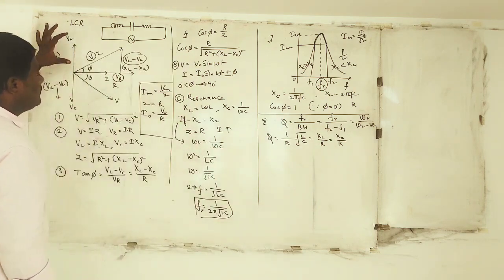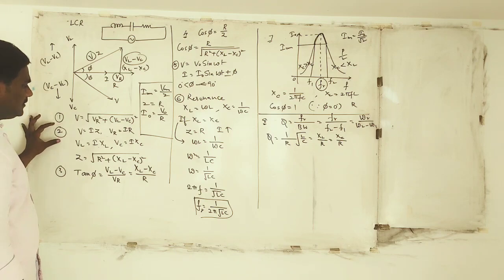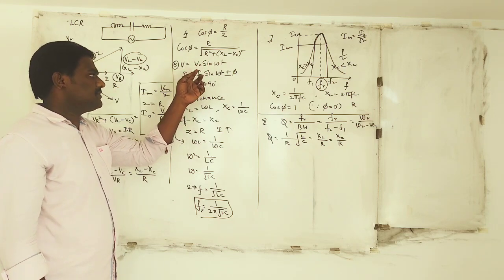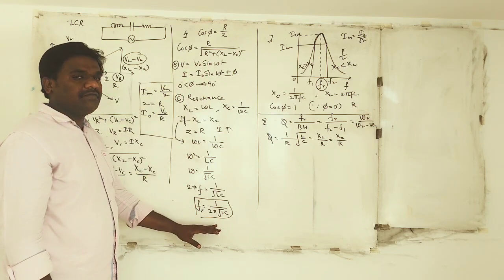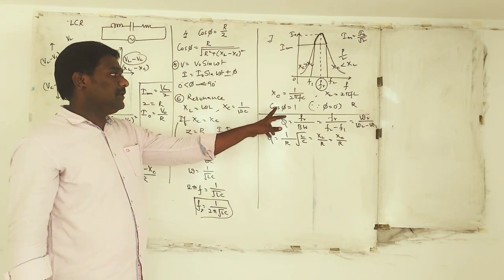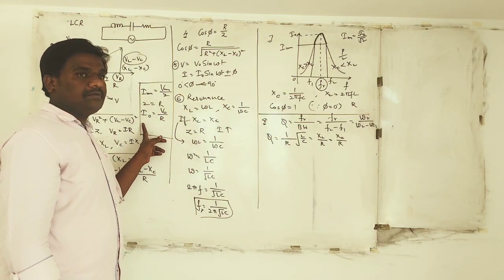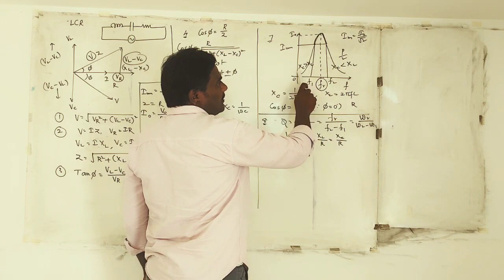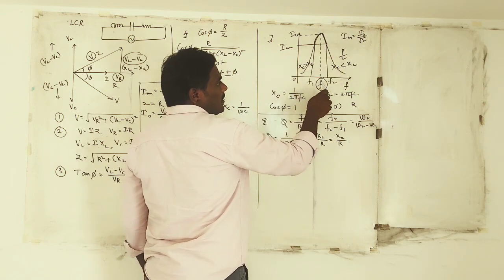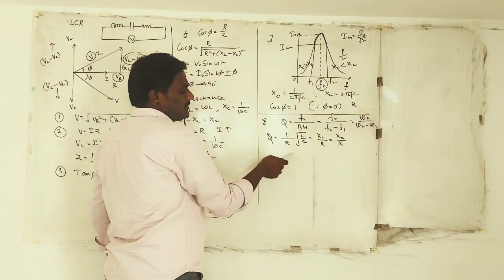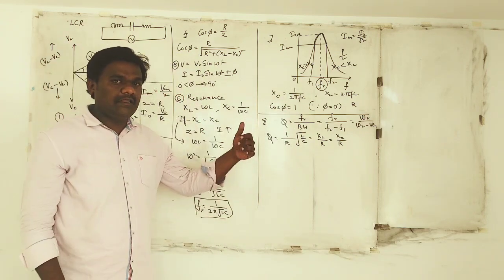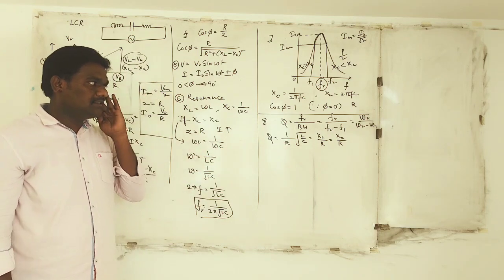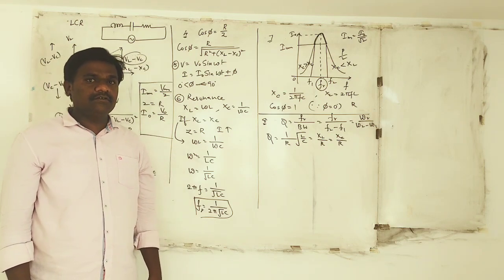Now, at a glance, I took the LCR series circuit and gave formulas for resultant voltage, impedance, phase angle, power factor, and instantaneous voltage and current expressions. I explained the meaning of the resonance condition, the expression for resonance, what happens at resonance, what its power factor value could be, and whether current becomes maximum or minimum. Then I went with the resonant curve and explained the nature of the curves before resonance, at resonance and after resonance, and what the half power frequencies are. Then I went with the concept called Q factor, and based on the formulas, if they give the data, please start solving the questions. Now based on this, let us start solving the questions.